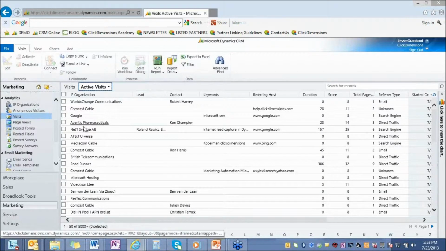So here's where you can see a report of all the companies that are coming in, visiting your site. If these people are leads or contacts in your CRM, identified visitors, you're going to be able to see that. You can see where they're coming in from, their referring host. If they're coming in from Google or Bing and typing in keywords, you're going to be able to see that